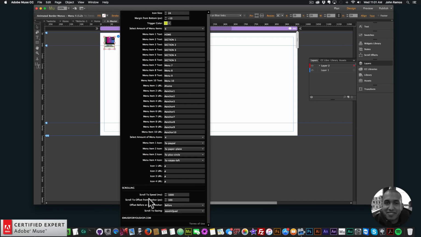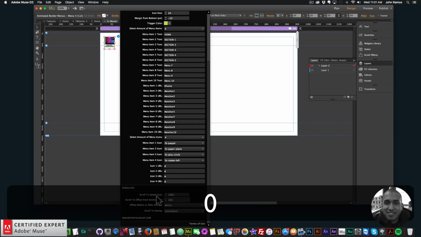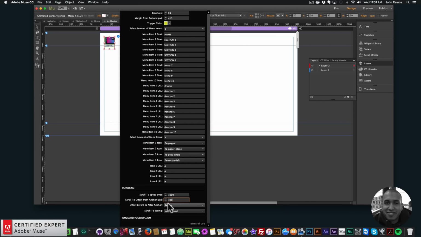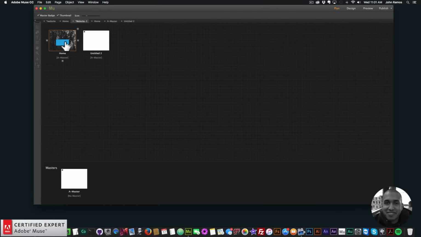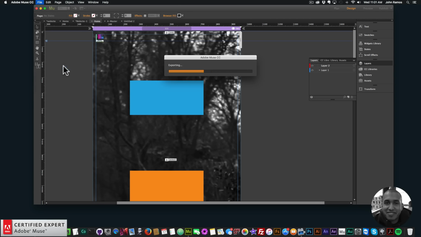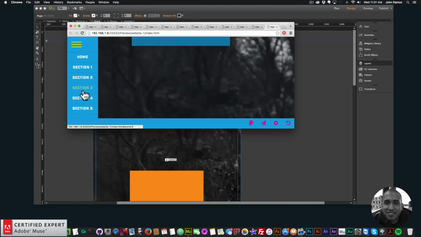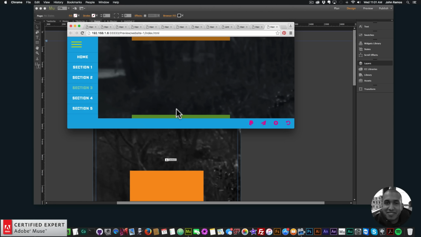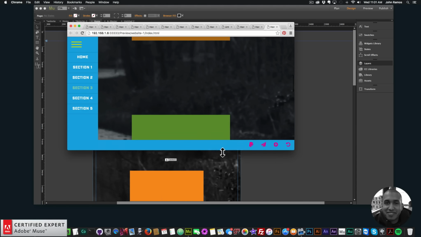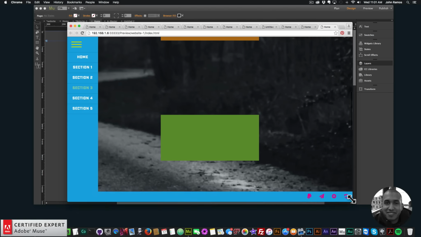So we went over the scroll to offset. I went over that in the beginning, but just as another example, let's say we set the scroll to offset from the anchor to 300, and it's going to be before the anchor. It's in pixels, so we'll do like that. So now I'll go to plan view, I'll go to File, Preview Page in Browser, and if I go to the menu, click on section 3, we now see section 3 is this green one here, but because we set it to 300 pixels before the anchor point, we can see, and I'll make this a little bit bigger here,